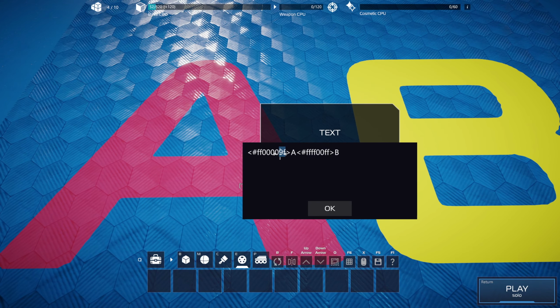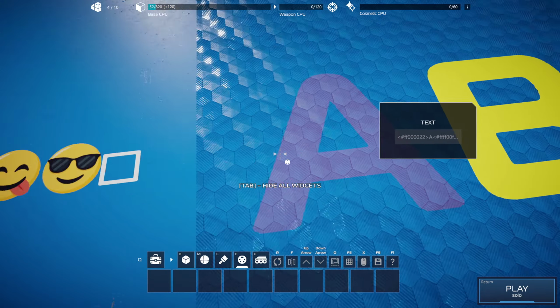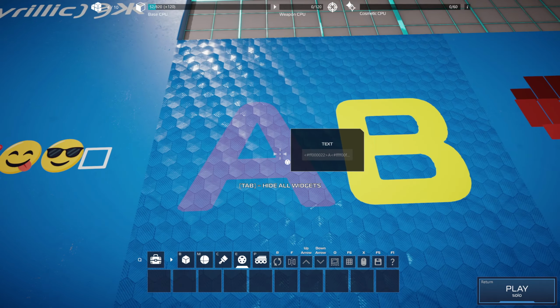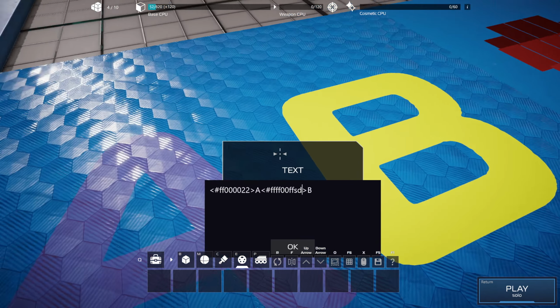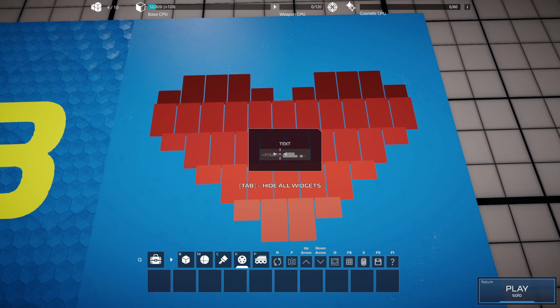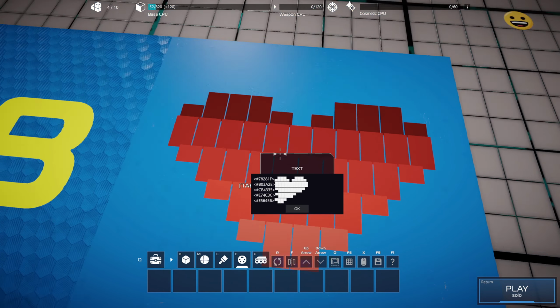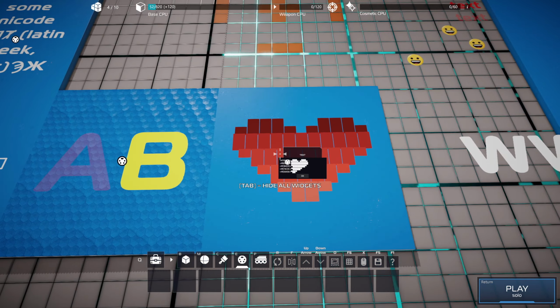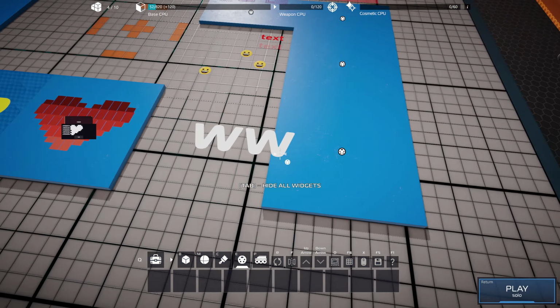So if I would put like 22 here instead, that's a lot lower number, right? It would be almost see-through, and here you see FF and it's not see-through at all. So you can use this, for example, because you can put different colors and use different types of ASCII characters. You can make some cool ASCII art. This is very simple. Even more stuff you can do is actually shift stuff outside of the nameplate to create